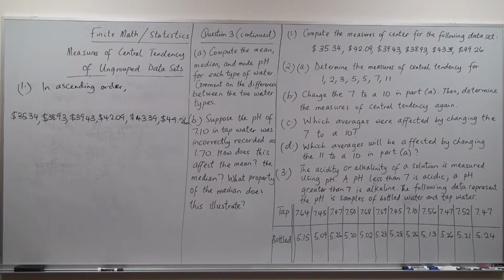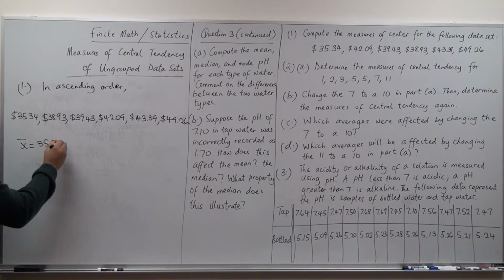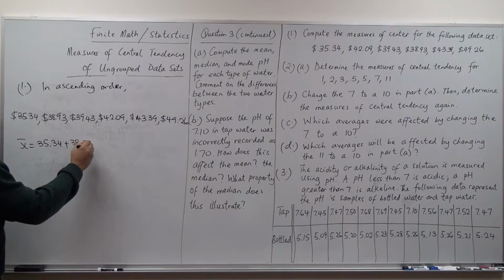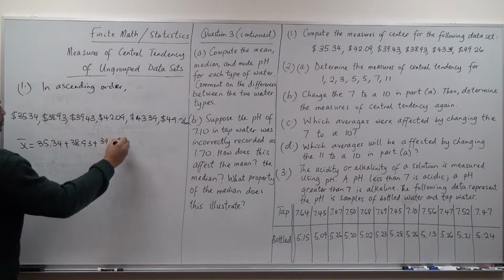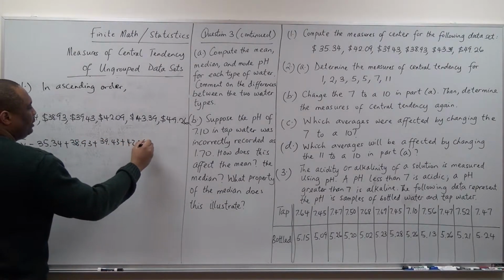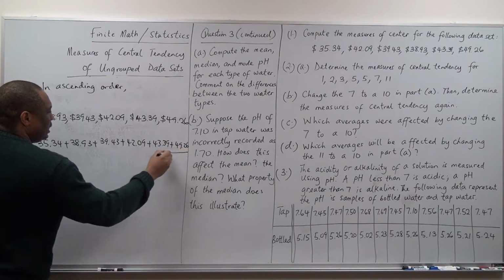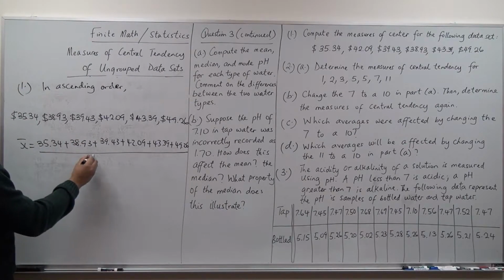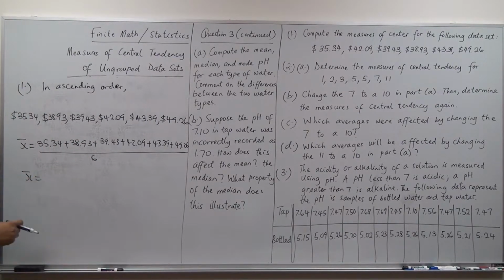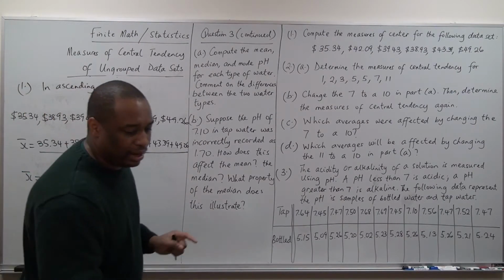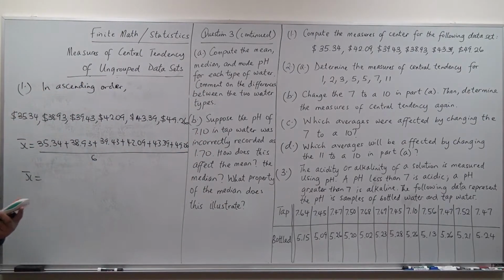So what does that mean? X bar. We add up all these: 35.34 plus 38.93 plus 39.43 plus 42.09 plus 43.39 plus 49.26, and we divide by 6. Because of time, to make this video short, I won't start adding it up here. I would have added it up with my head, but to save time,